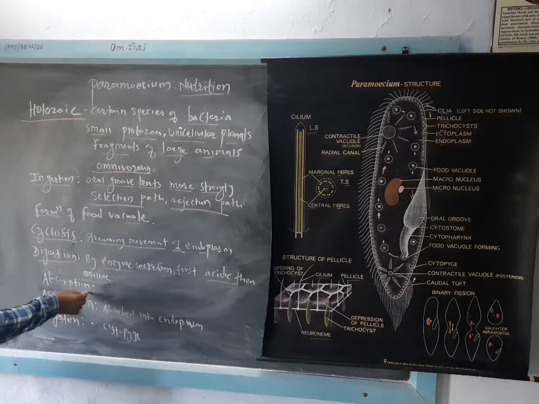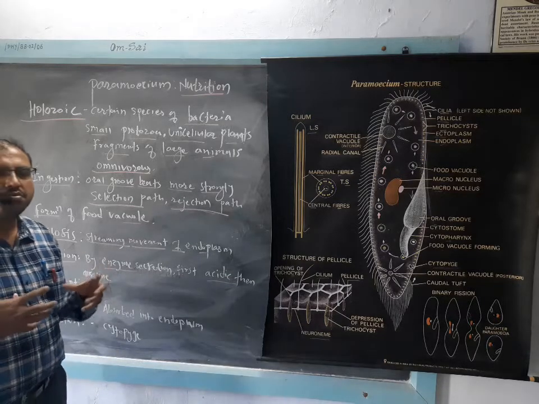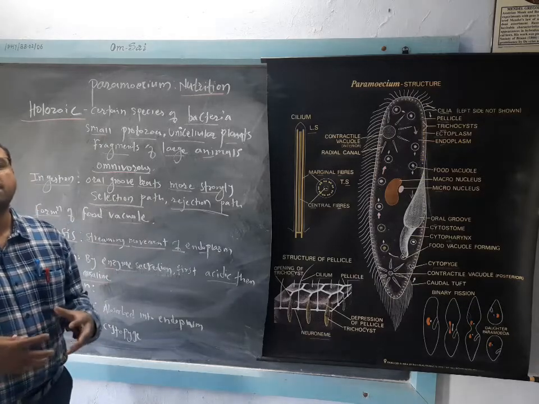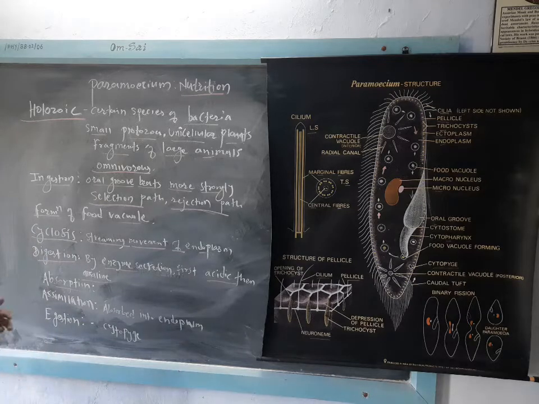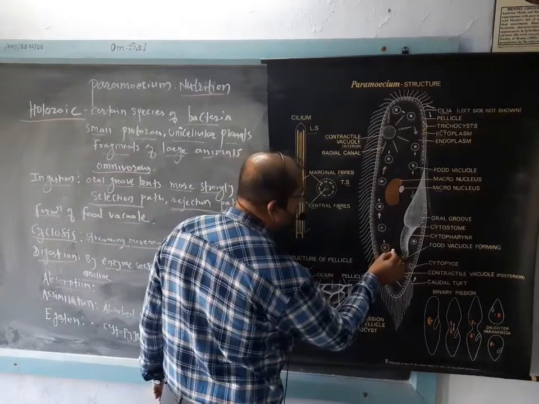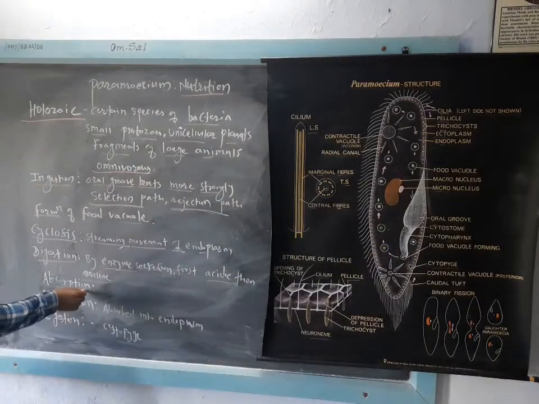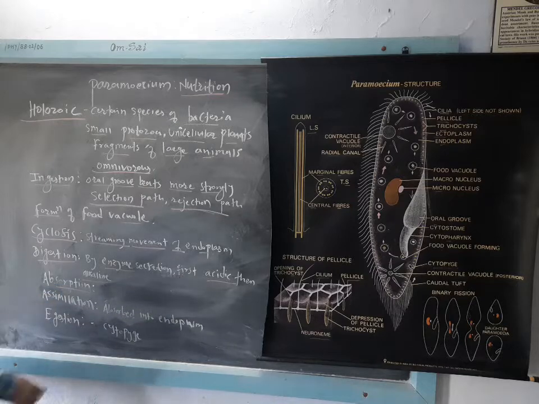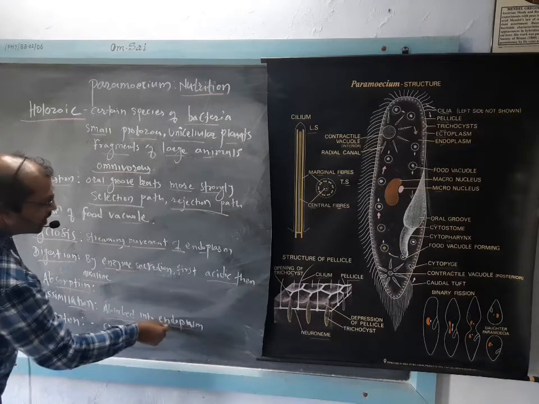Then the next portion is absorption. So these biochemicals, which are released from the food outside the food, then get absorbed. These biochemicals pass out of the food material into the endoplasm. Now these particles get absorbed through the endoplasm, and next the assimilation process occurs. Then the food material is absorbed into the endoplasm.